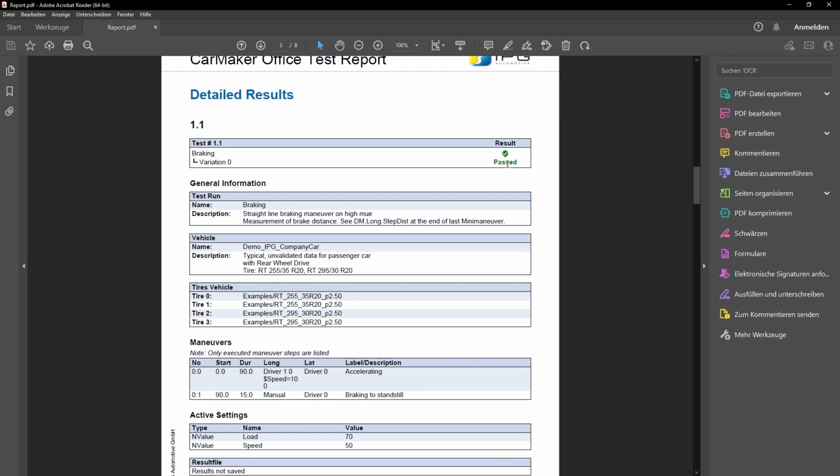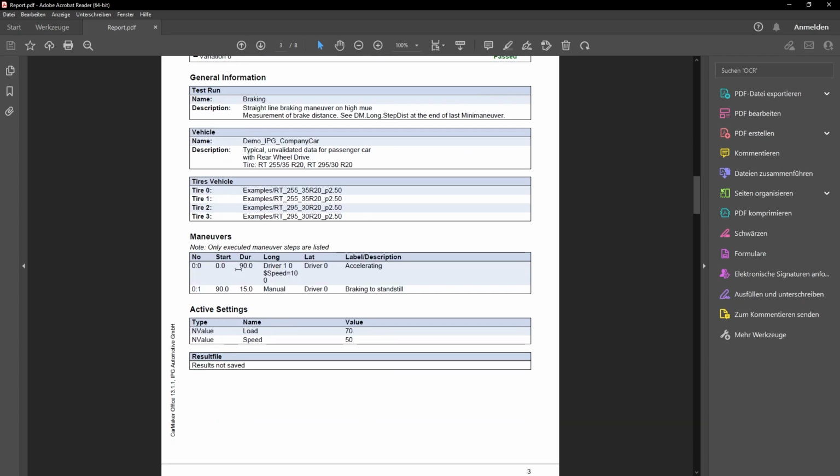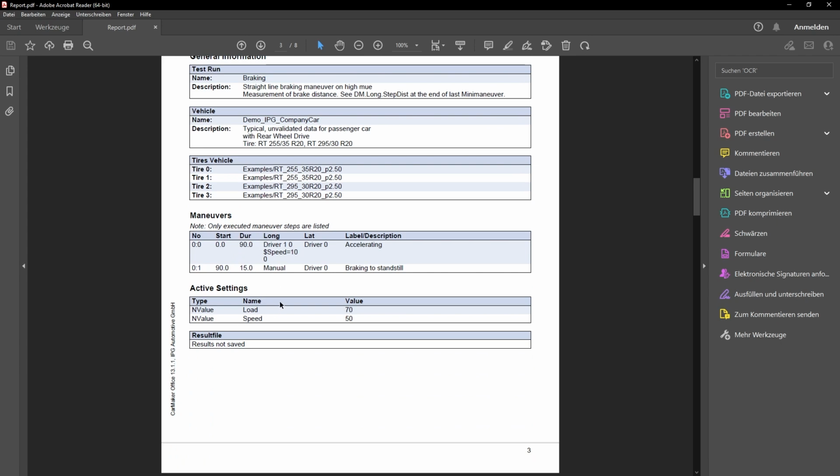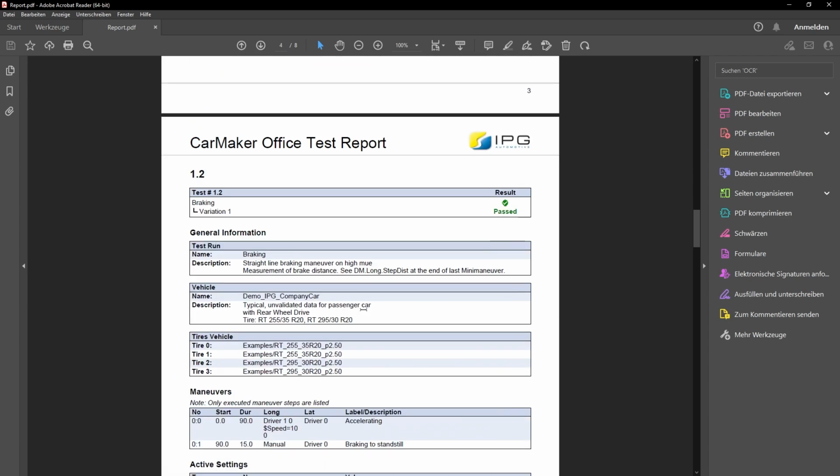And we can see the general information, like the test run name, the vehicle name, the tires we used, the description of the maneuver, and the most important information here is the difference in the name value that we used when we set it before. Similarly, you can see this for each and every variation.